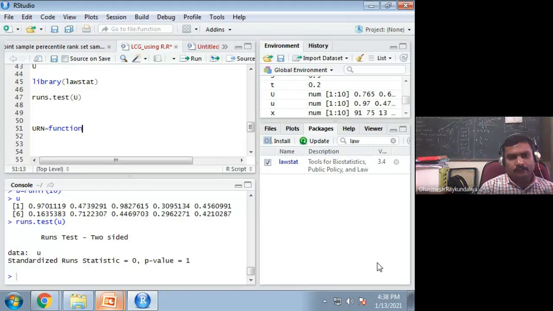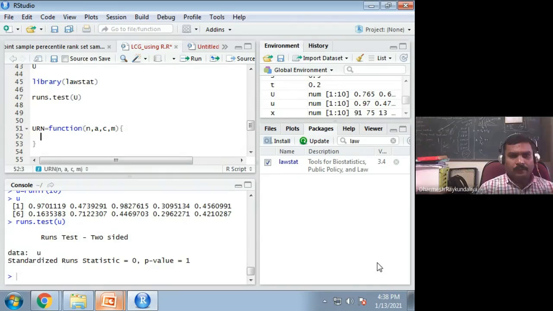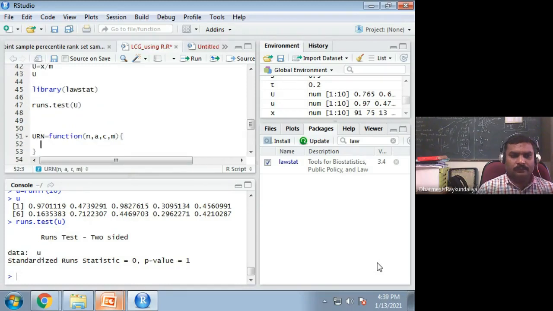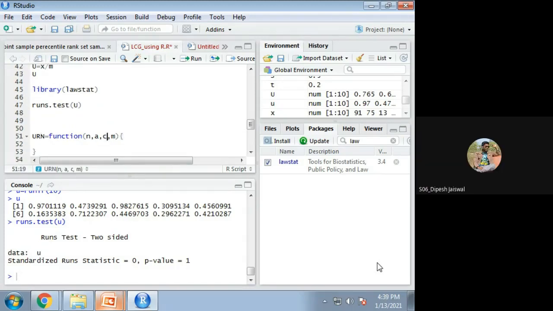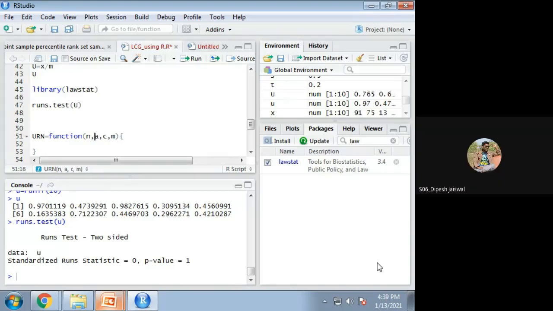So for the function, what do I have to supply? I have to supply the n, the initial value, the a, the c, and the m. I wish to do the same things, and of course the initial value, x naught.